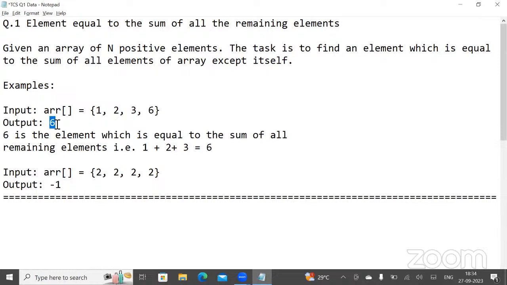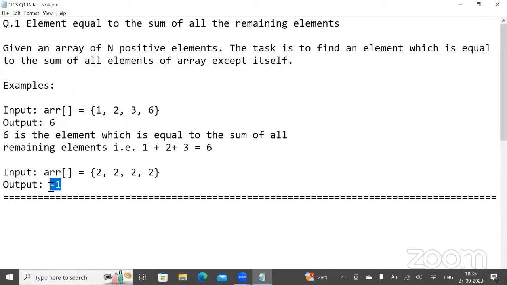For test case 2, we have an array of size 4 where every single element is the same. If you find the sum of the array and subtract the current element, we cannot get an element equal to the sum of all the remaining elements.